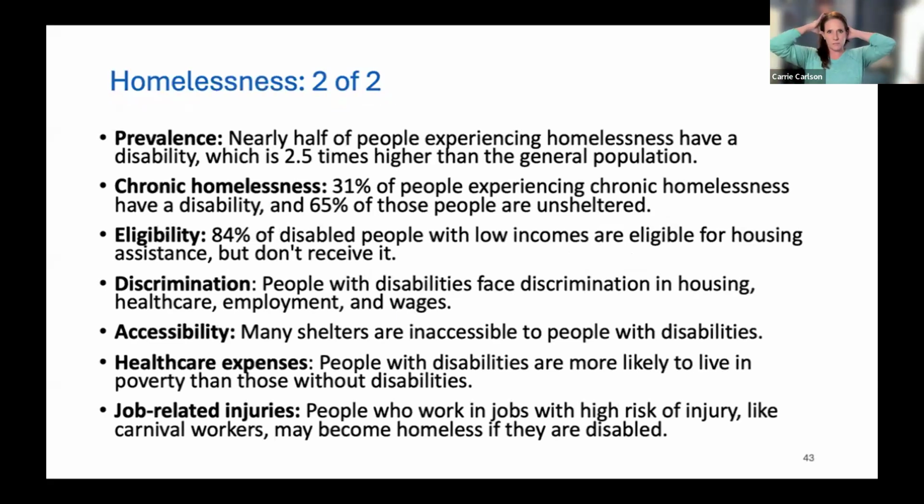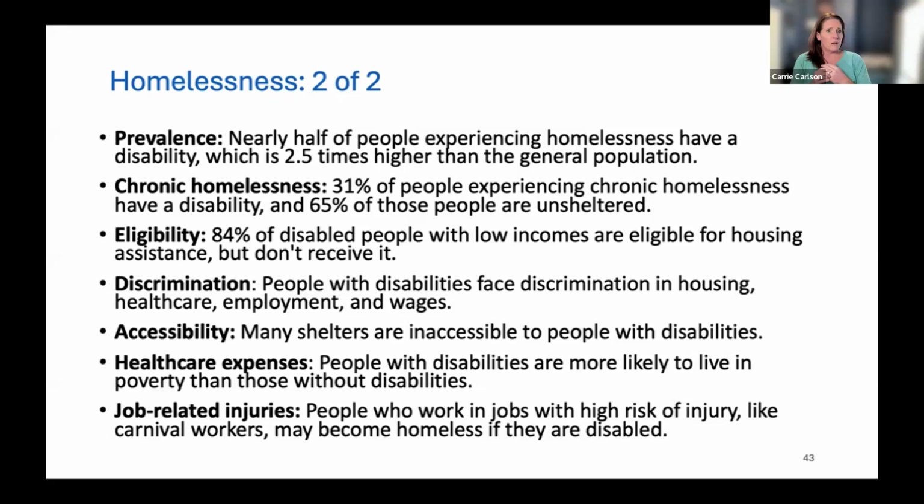So the prevalence of disability, that is nearly half of people experiencing homelessness have a disability. Half. Well, it's 2.5 times higher than the general population. Chronic homelessness, 31% of people experiencing chronic homelessness have a disability, and 65% of those people are unsheltered, meaning they're